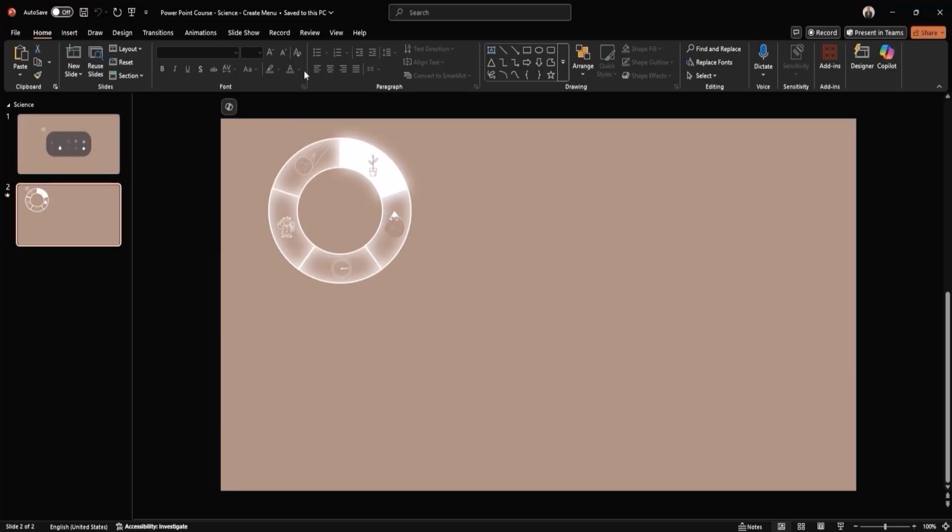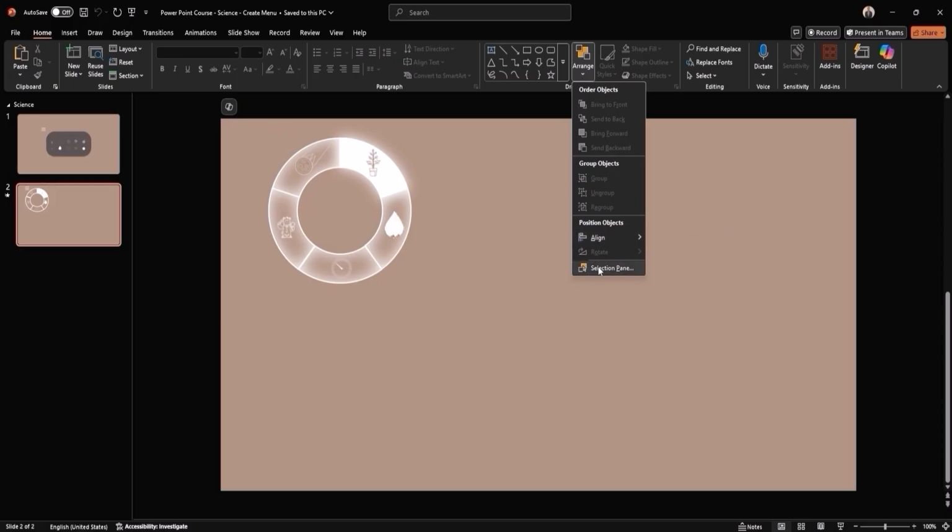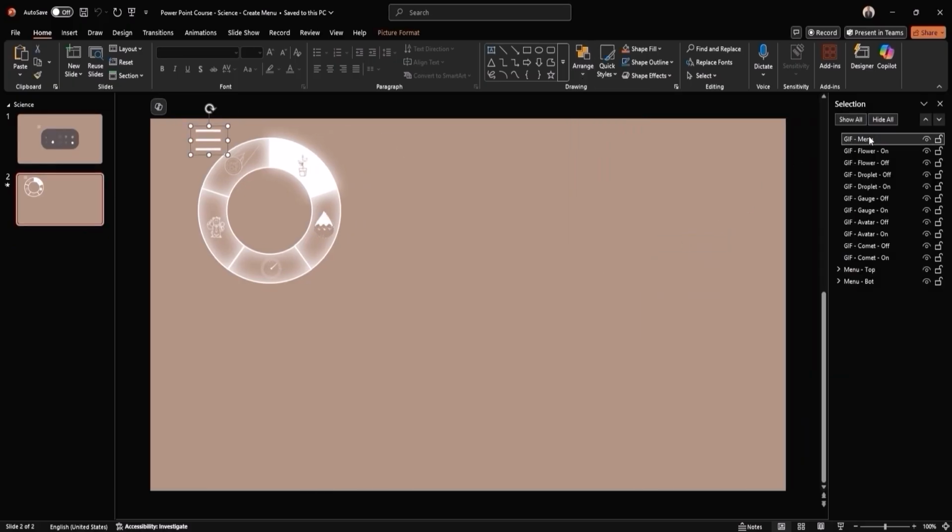When we click the hamburger logo, the three lines better known as the menu icon, the menu should smoothly open and close. Furthermore, when we click each of the 5 GIF buttons, the menu should smoothly navigate back and forth between the slides using the morph transition. However, I can't demonstrate this just yet because there aren't any slides to navigate to, but more on that later. Moving on, let's quickly break down what the menu consists of and what we need to build.